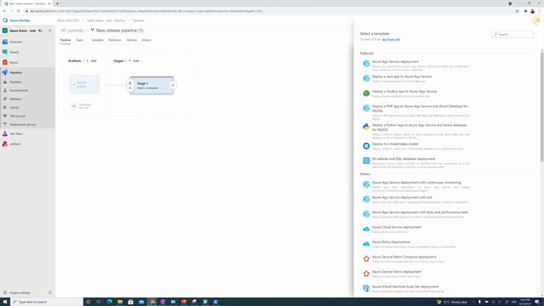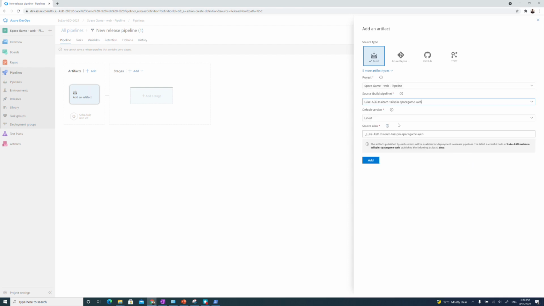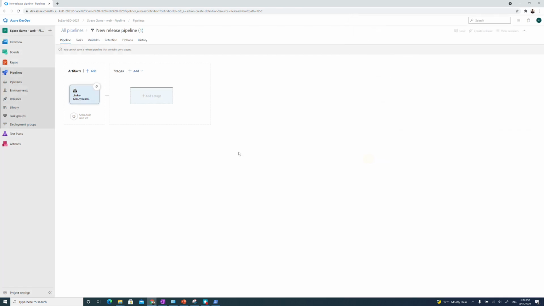If you want to close this first, so you can add an artifact, which was the artifact you generated before. Okay, you can add it. So it will directly use these artifacts to run the release pipeline,